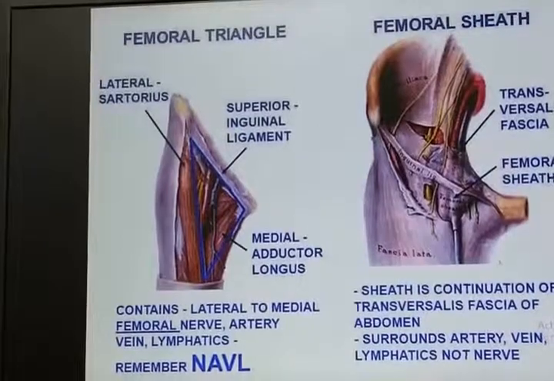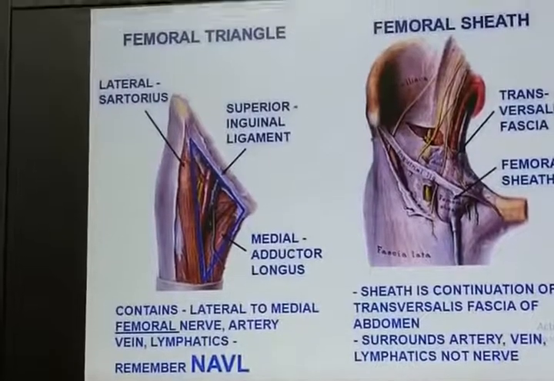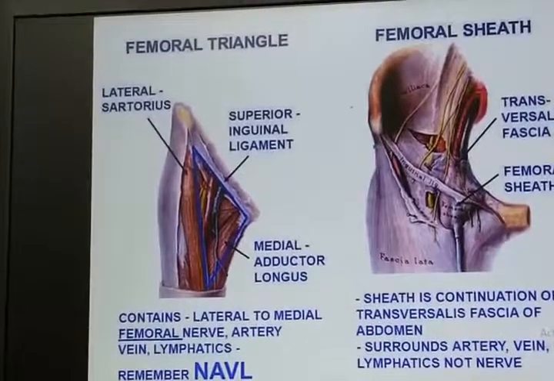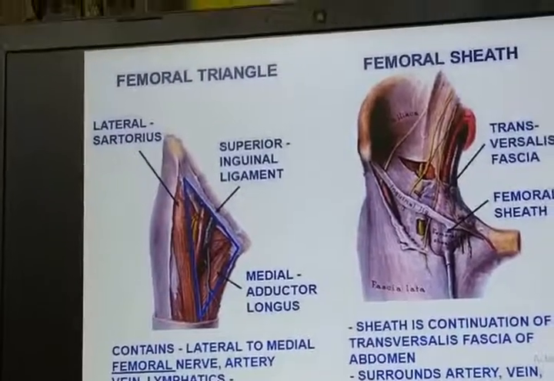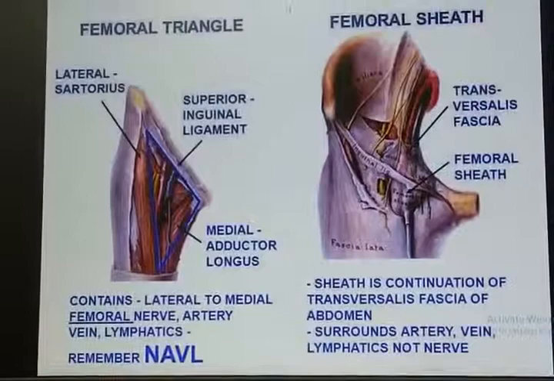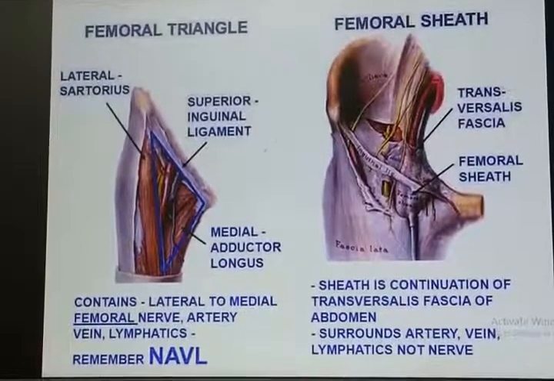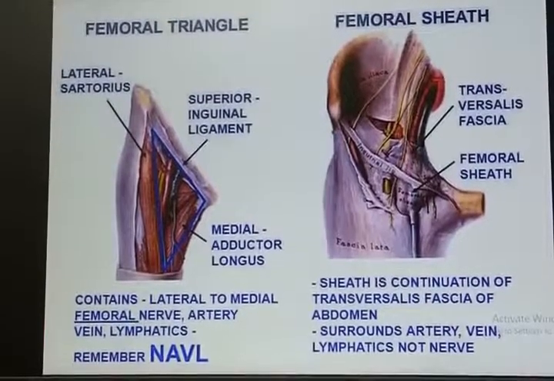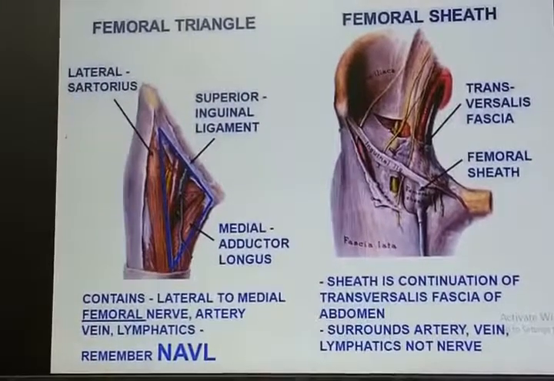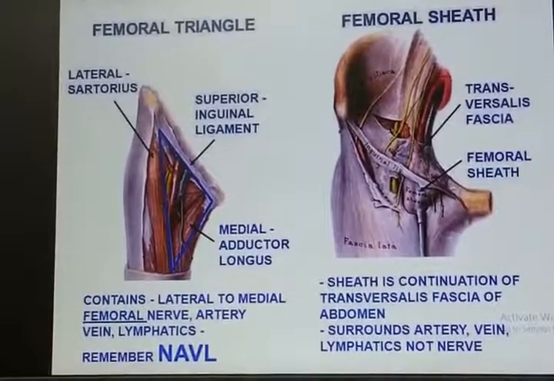Coming to this particular area, we are observing the femoral triangle and the femoral sheath, their components and how they are formed. And for the femoral triangle components, please remember at least the femoral nerve, femoral artery, femoral vein and the deep group of lymph nodes. And for the femoral sheath, you will remember that from lateral to medial you will be getting the femoral artery and the femoral branch of the genitofemoral nerve, then the femoral vein and the deep group of lymph nodes or the Cloquet lymph node.